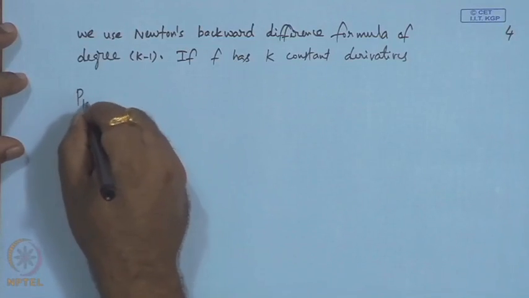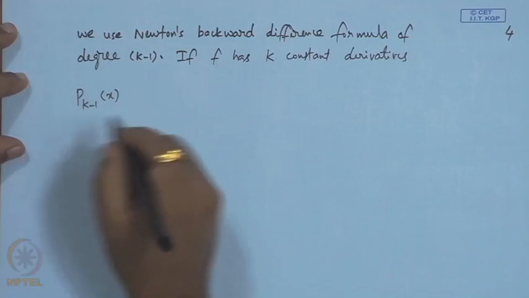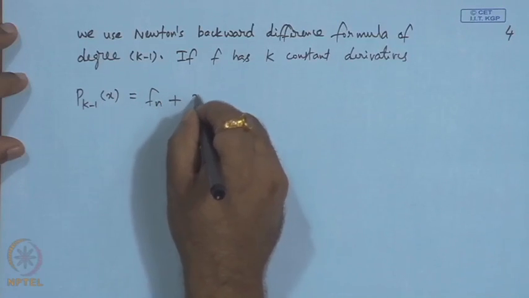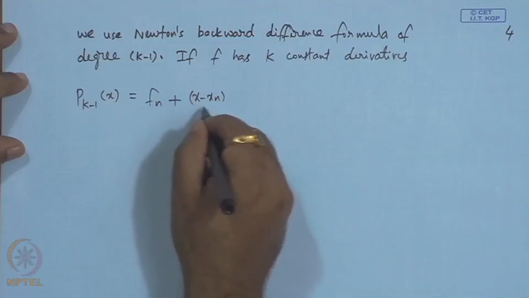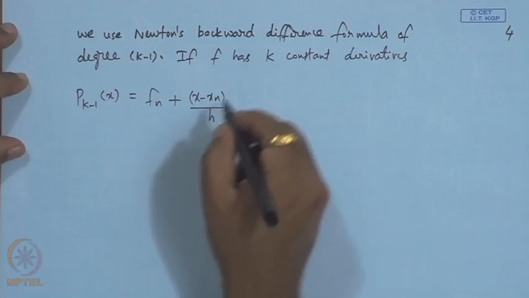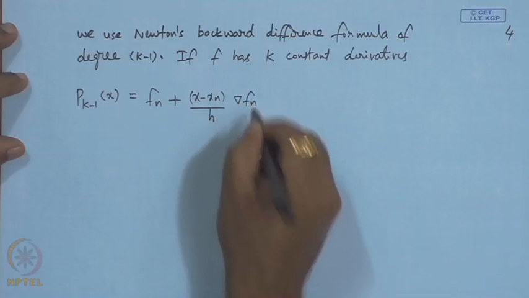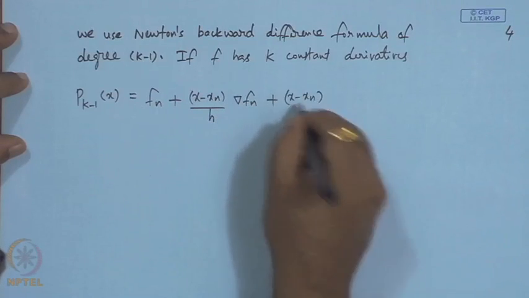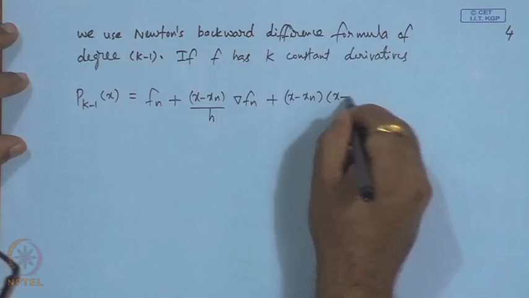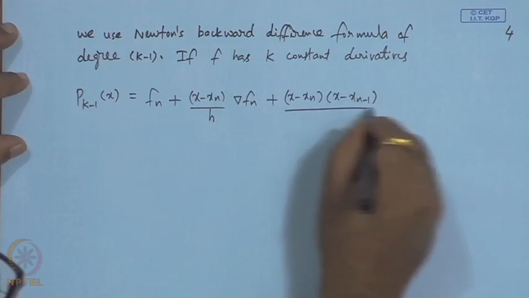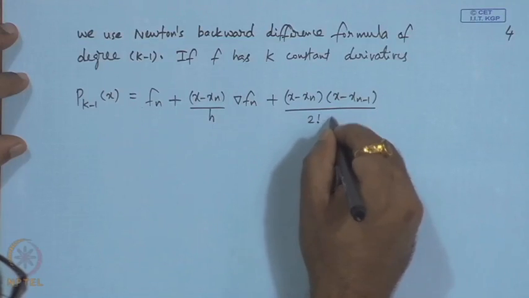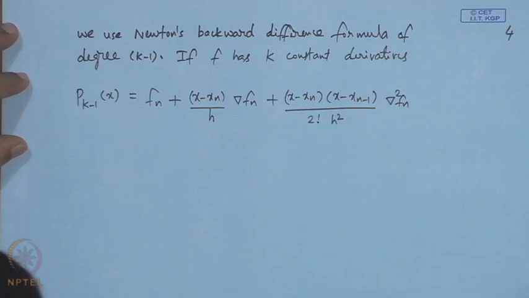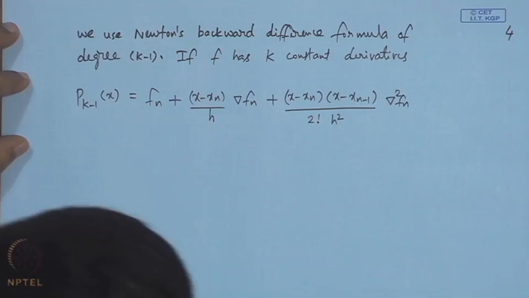Our polynomial of degree k minus 1 will be f n plus x minus x n by h delta f n, plus x minus x n times x minus x n minus 1 over 2 factorial h squared, then the second order differences,